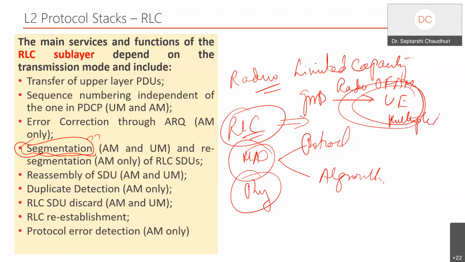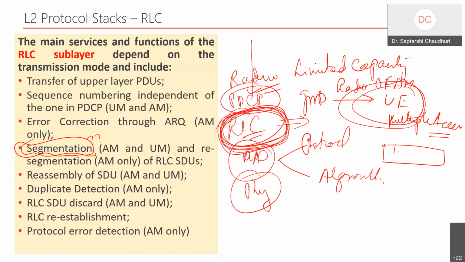So if I want multiple access, I have to break the packet coming from the top. I have another entity called PDCP as part of layer 2, but the RLC is the final entity that does the breaking of the packet.